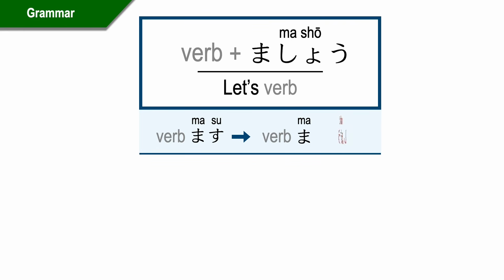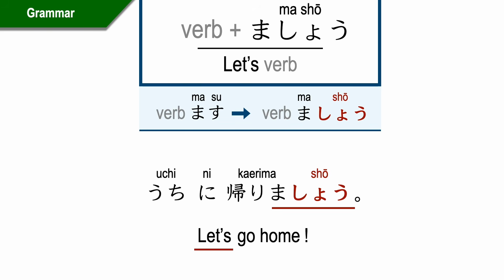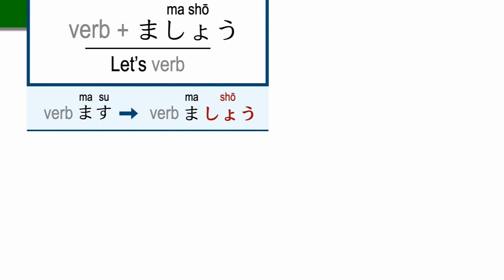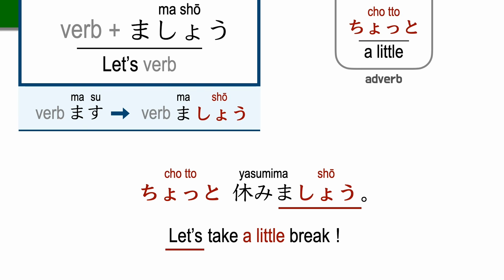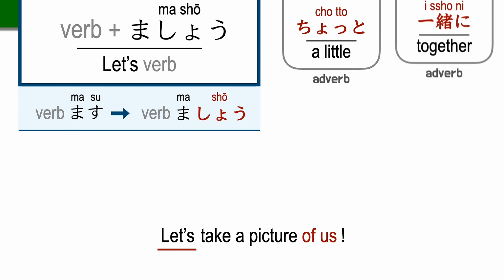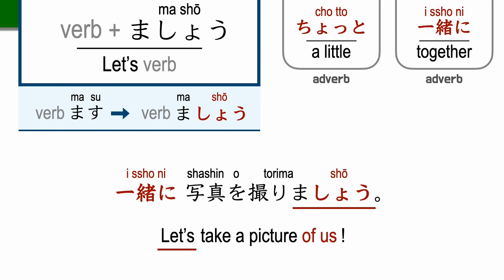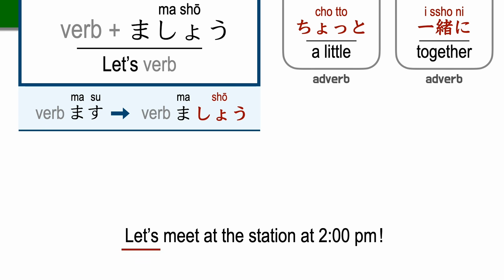Change ます to ましょう。Let's go home. うちに帰りましょう。Let's take a little break. ちょっと休みましょう。疲れましたね。Let's take a picture of us. 一緒に写真を撮りましょう。